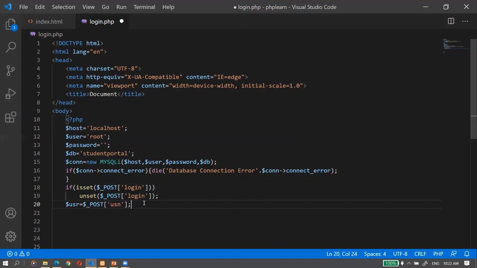Now we are writing a query. The query is to validate whether that particular username exists in the database or not. For that we select the username and match the username which the user has given in the text box with the already stored username in the database. If it matches, we say that this is an authentic user, otherwise not. So we will take a password as well.